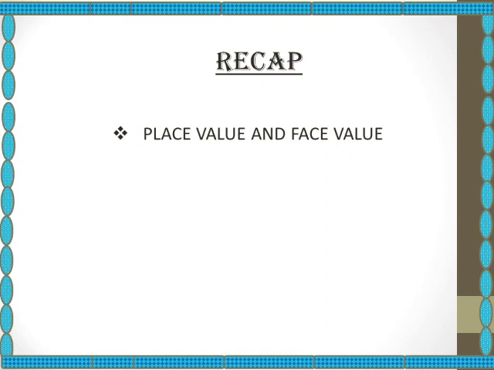Okay, next is what is a predecessor? Predecessor is nothing but the number obtained by subtracting 1 from the given number. What is a successor? Successor is the number obtained by adding 1 to the given number. Are you all aware of it? Do you have any doubts? Okay, next we will go on to building numbers.